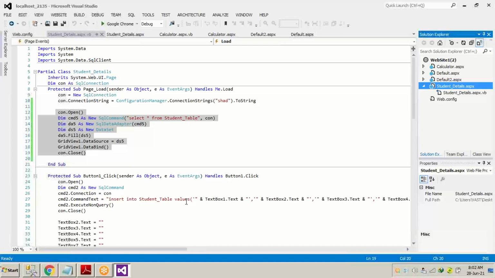Now after the statement, let's check something. Okay, let's check 1, 2, 3.